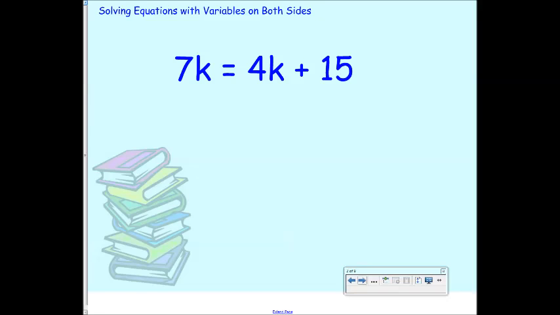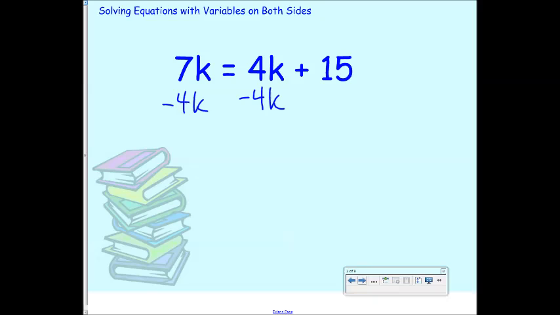Okay, Jesse, you have an idea? Minus 4k. Good. I want to collect my variables on one side. And it doesn't matter which side. Here it makes more sense to collect my variables on the left side because I can move the 4k over. How do I move 4k over? Minus 4k, right? Here it's a positive, so I do a negative 4k,